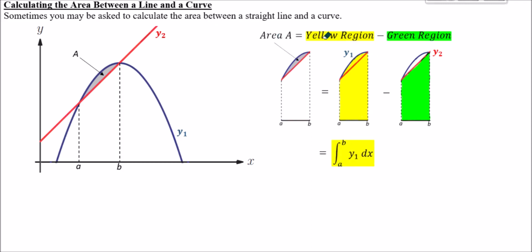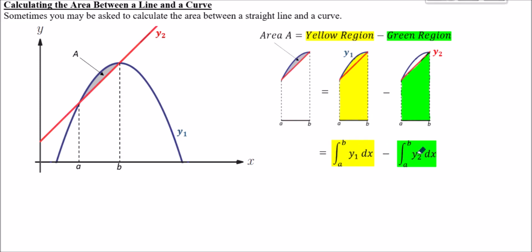So area A is just the yellow region, which is the integral of y1. It's the area underneath the graph of y1 in between A and B. Then minus off the green region, but the green region is everything underneath the line y2 from A to B. So the green region could be calculated by working out the integral of the line y2 in between B and A. So we can take these integrals separately, just integrate y1 between B and A separately, then subtract this